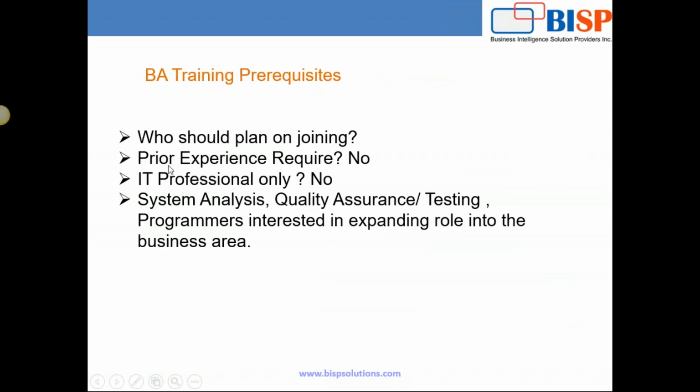Now let's see what prerequisites are needed as part of the training: who should plan to join this training, and what prior experience is required. To become a successful business analyst, no prior experience is required. Anyone who is a fresher, or working in a different domain, can join this training.